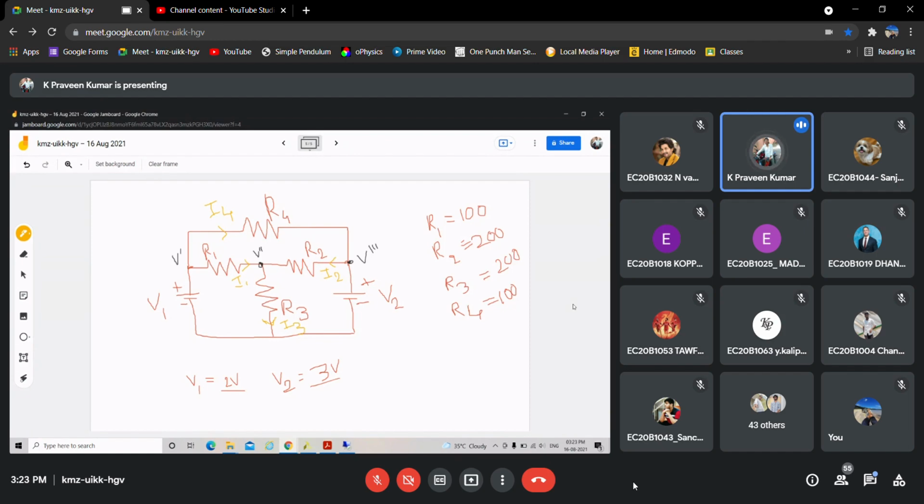You can change those values, but don't take R1 equal to R2 equal to R3. So don't take the same resistance values and same voltage values. Choose different values, then solve for node voltages and branch currents. Solve using both KCL and KVL. Build the circuit using Multisim tool, then verify, right? So this is your first task. Is it clear?